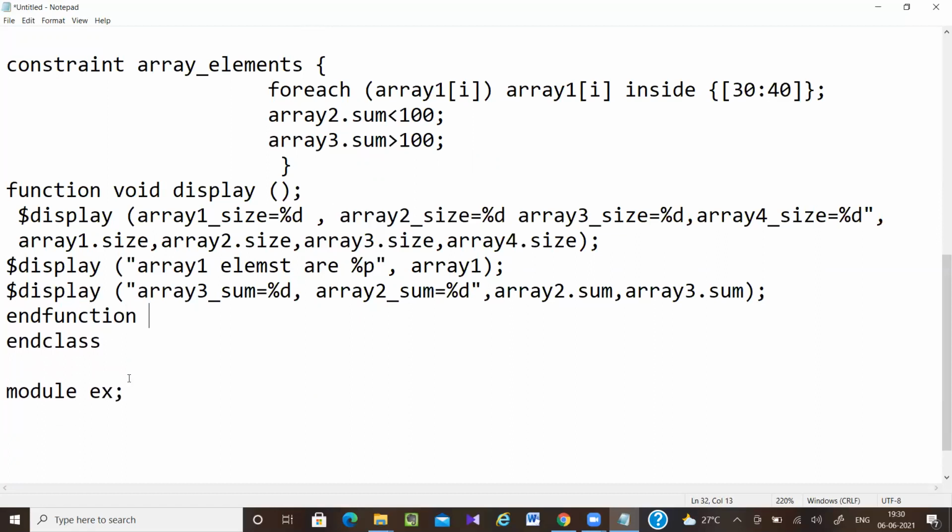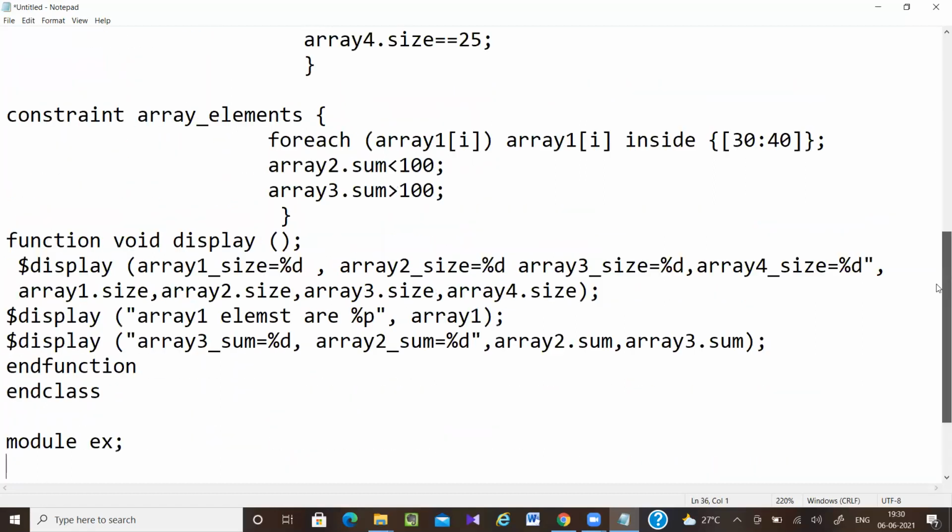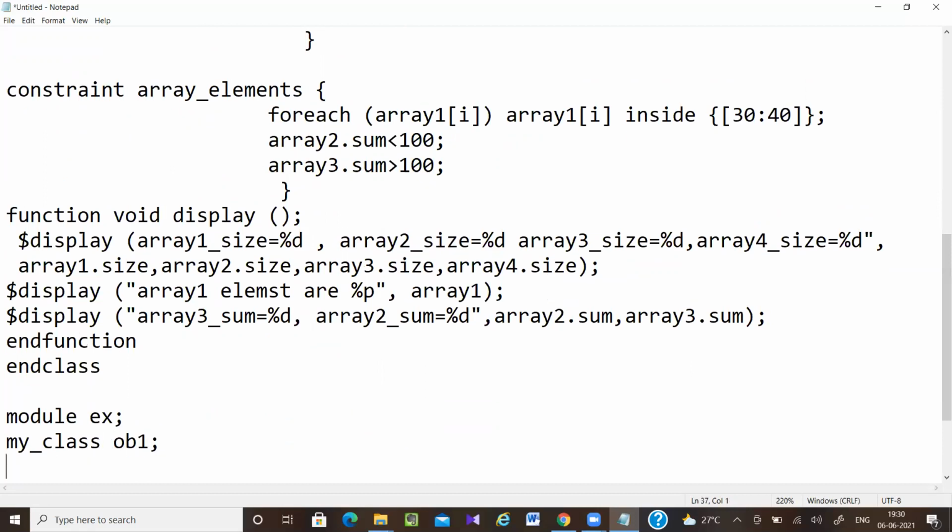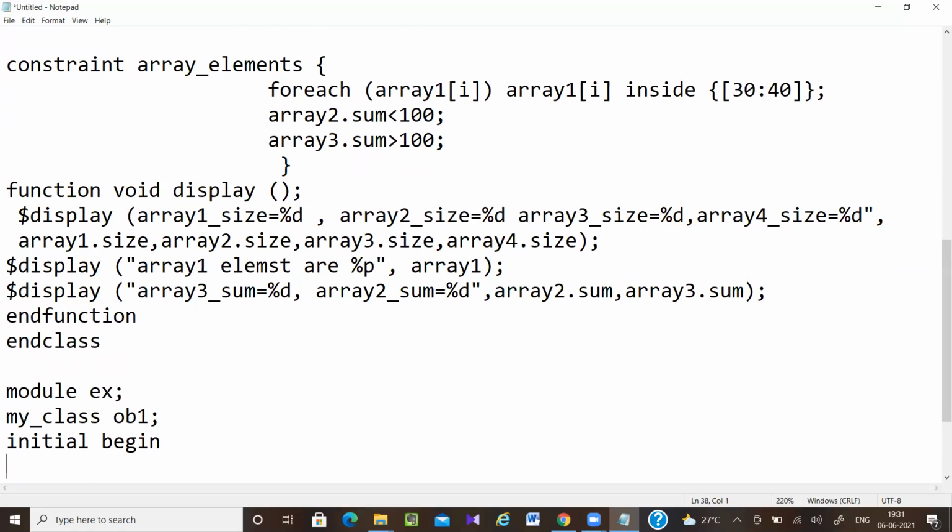End function. Here the class name is my class, so create an object, my class object 1. Initial, so allocate memory.